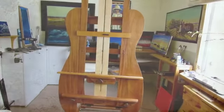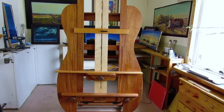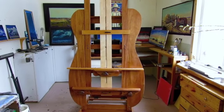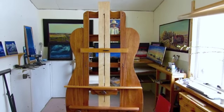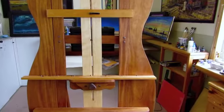Here showing off my new easel. This easel was designed and built by Ewan Hanchard of Serrano Industries. He's a woodworker who lives east of High River near the small community of Vulcan. I wanted to show you